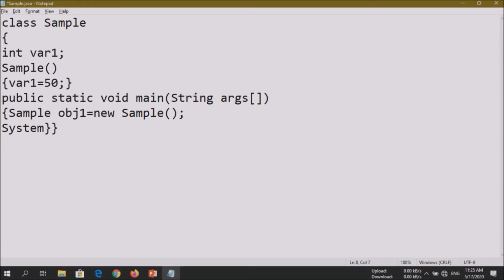Now when we call it, let me write it like this so that we can print the value of it. Give the object name object1 dot followed by the name of the variable. So this is the complete syntax of creating a constructor, although it is not compulsory for a coder to always write a constructor unless the coder wants to initialize the value. Now let's save it and see what happens if we compile it.